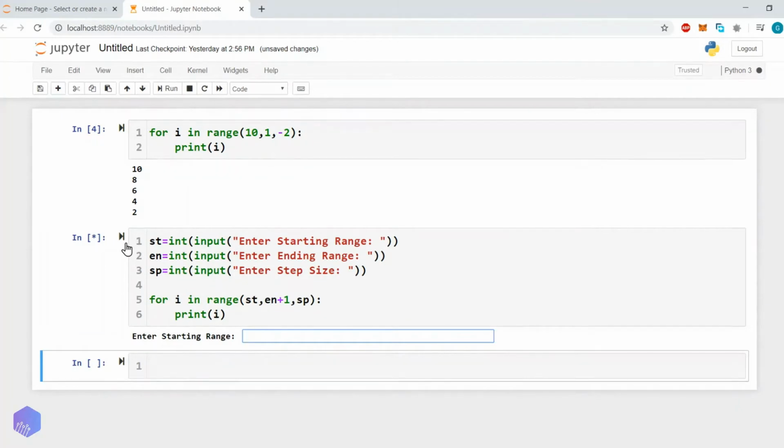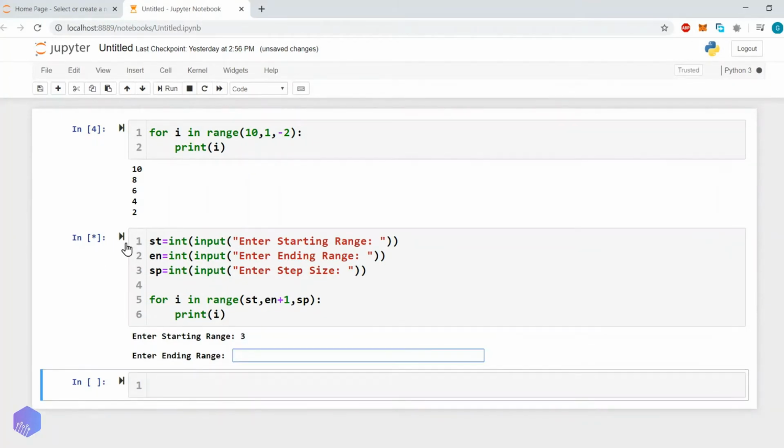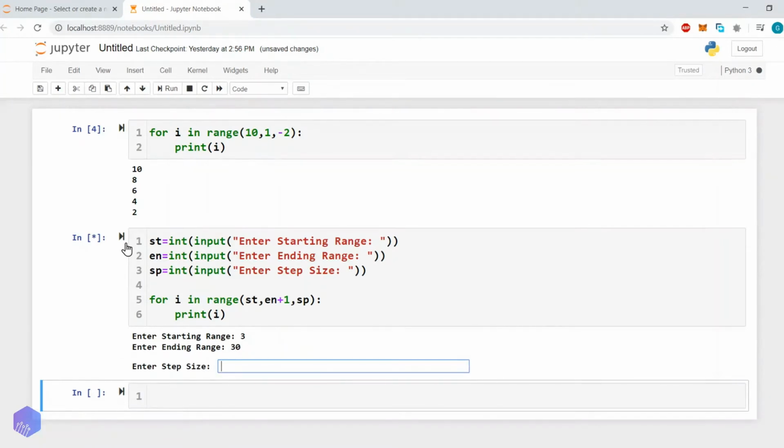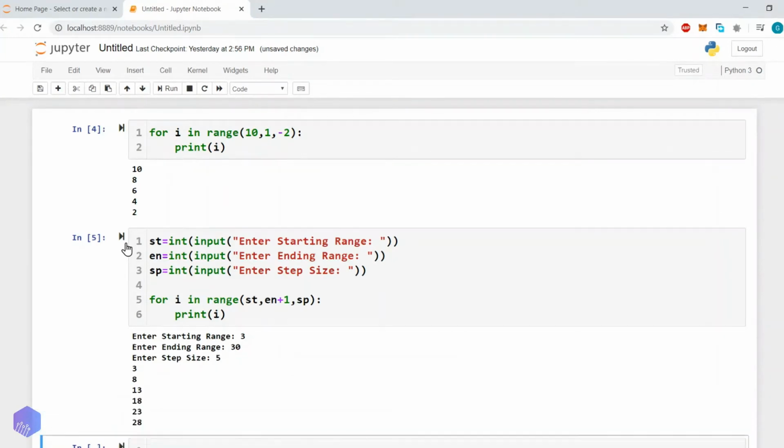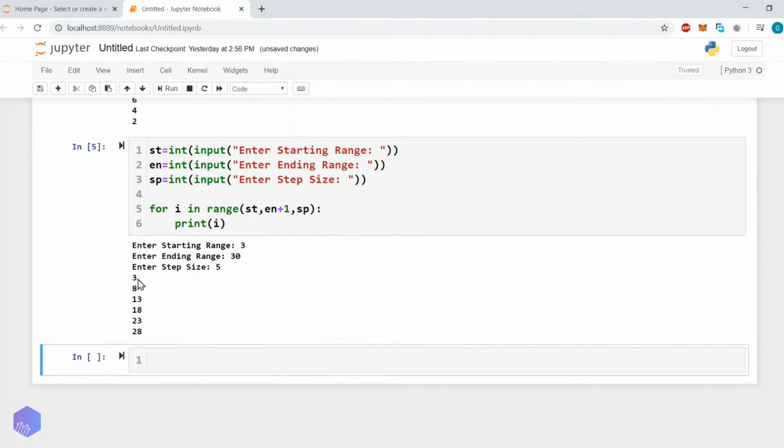Let's say we want to start with 3, go up to 30, and the step size is 5. So 3, 3 plus 5 is 8, 8 plus 5 is 13, 13 plus 5 is 18, 18 plus 5 is 23, and 23 plus 5 is 28. So this is how it can be implemented.